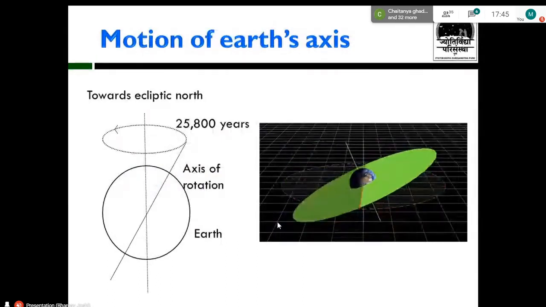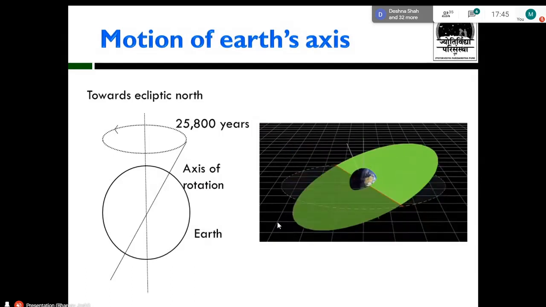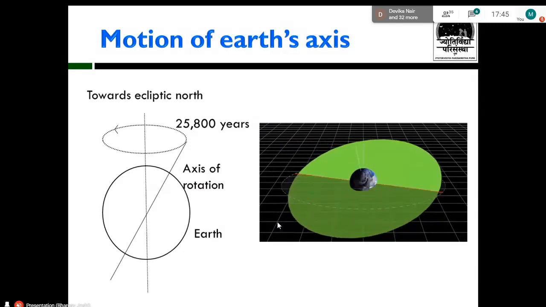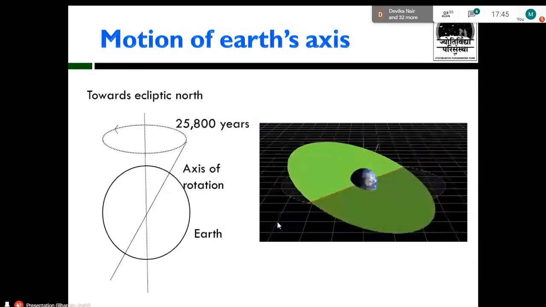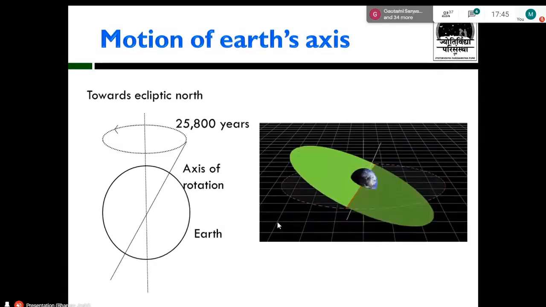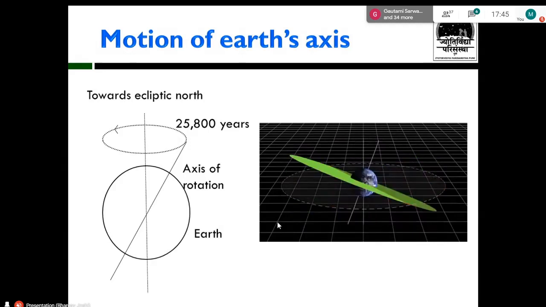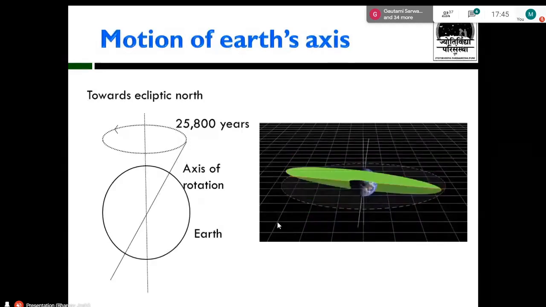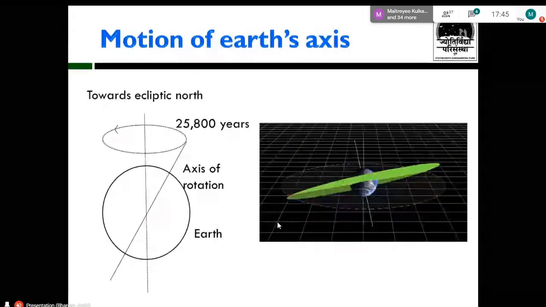So now there's an interesting phenomenon. In school, we have learned about two motions of the Earth, but in actuality, there are five motions, out of which we are going to discuss three. So of course, the first motion of the Earth is very simple, the rotation of the Earth around its own axis. So that's rotation. The second motion is revolution, which means the Earth is revolving around the sun.